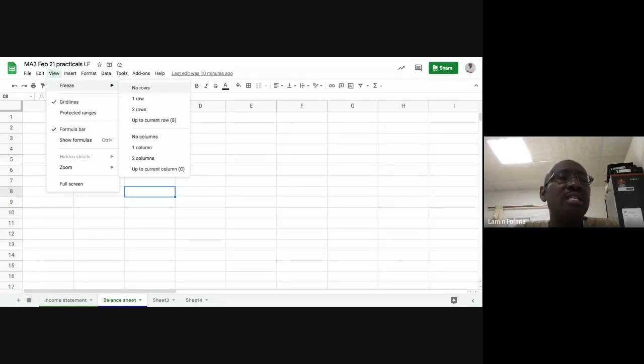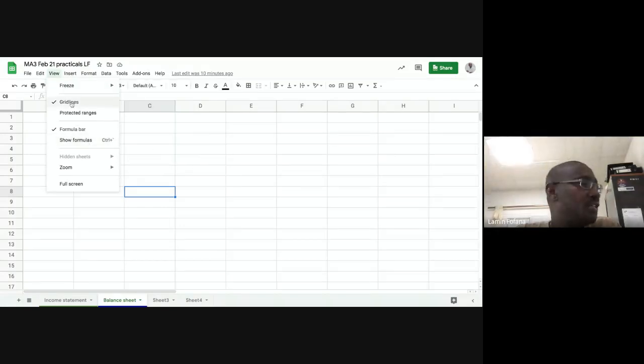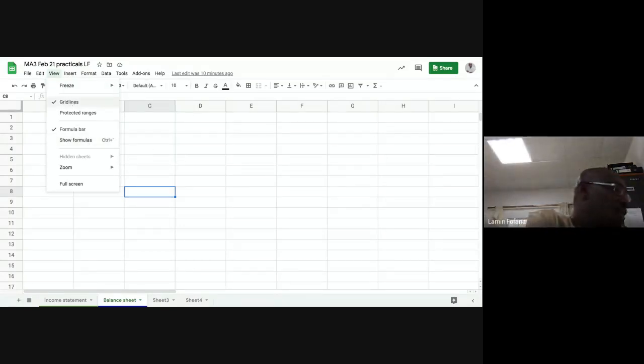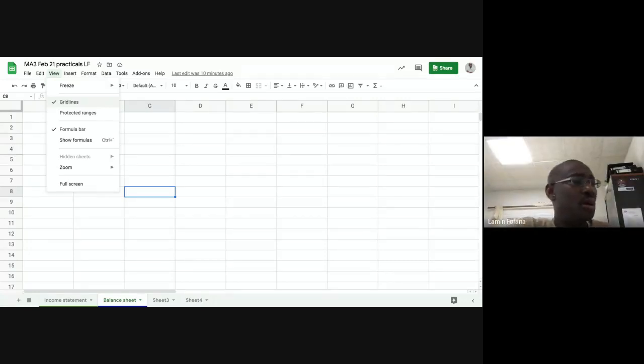So we go to the view menu also, as you can see, you can freeze, just like the split function on Excel. So if you have a heading you want to maintain up as you walk along, you can just freeze by rows or columns, like that, okay? So if you want your view to show,